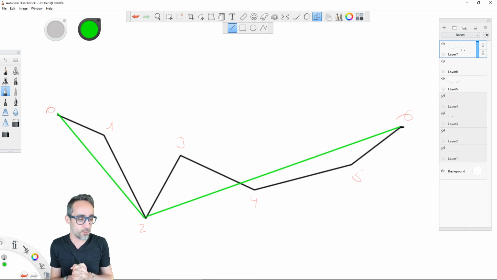Okay. So what I'm going to explain now is the thing with the indices. I want to make some emphasis on that as well.